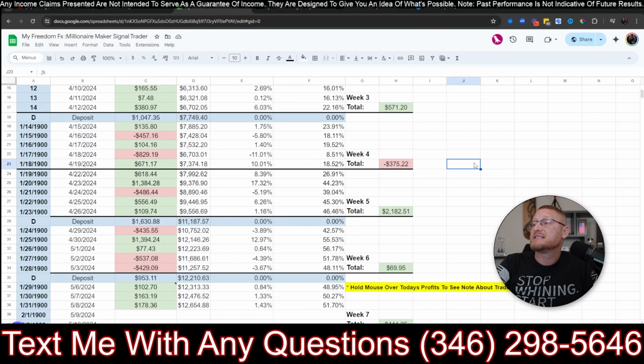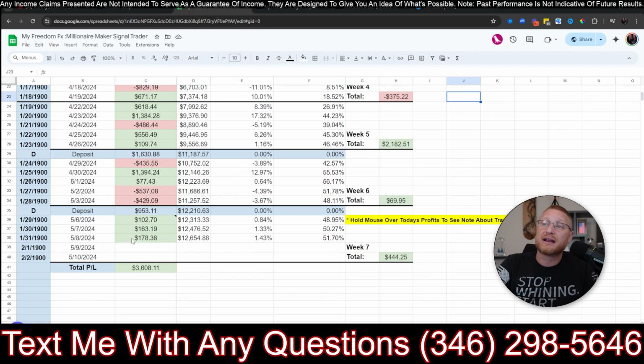And again, guys, this is the update for today. We're at $178.36. Today, that was our profit. Total of almost $500 this week. We'll probably hit that by the end of the week, at least $500, $600, $700, something like that, I would guess. Hopefully, right, if we just stay on track. And up total profit loss 3608. So that's perfect. That's great. It's working out really, really well. Again, this is expected. We've been doing this a long time.